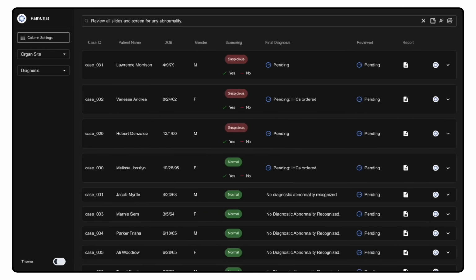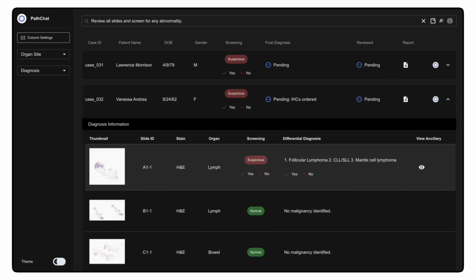Now let's take a look at this case. Case 032. This is a lymph node resection due to abdominal lymphadenopathy that was identified incidentally after this patient was in a motor vehicle accident. In this case,